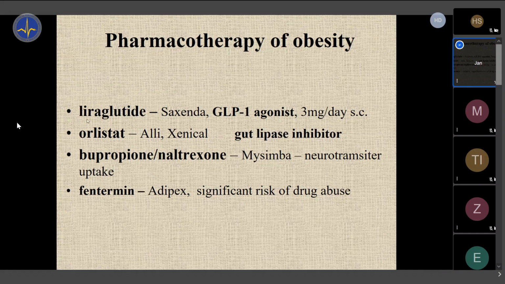The most modern one is this GLP-1 agonist. GLP-1 agonists are from the treatment of type 2 diabetes. It's true. They are used for treatment of type 2 diabetes, and as a side effect, they have weight loss. So the company decided, okay, we will register this compound as an anti-obesity drug, also in patients who don't have diabetes, right? So the drug is called Saxenda. It's a commercial name. Liraglutide is the name you know from treatment of diabetes.